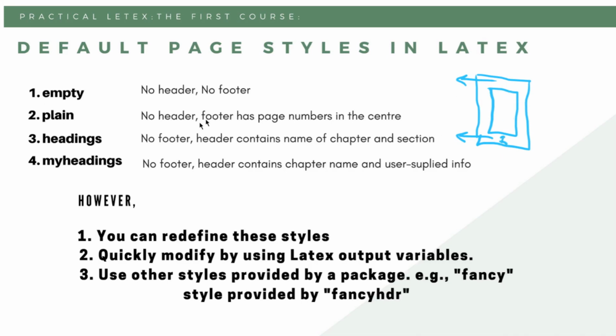So there is no header. If we use the headings page style, we don't have any footer, but we have a header, and our page number will be here at the left of the page, and then there will be a chapter number, because we will be using book class. Article class does not support chapter, so please note this thing. So in this headings style we will have our page number here, and then the chapter of the book or report, and then we have the section. So it will show like this. It will show the chapter, and I will show you in a minute how it looks.